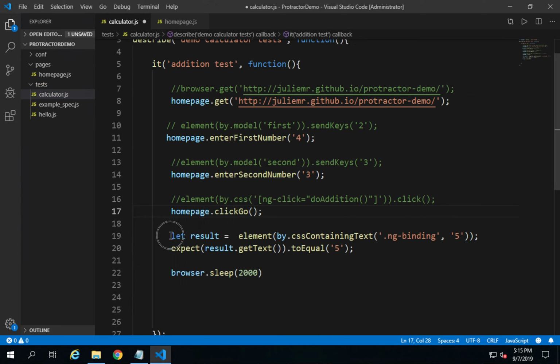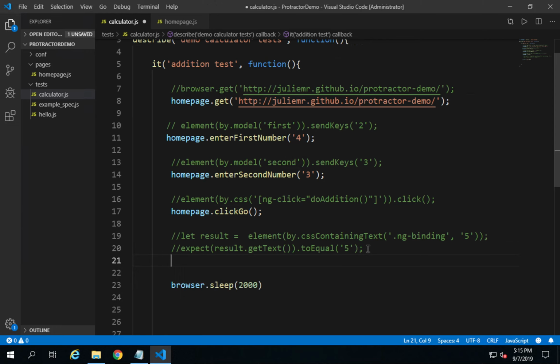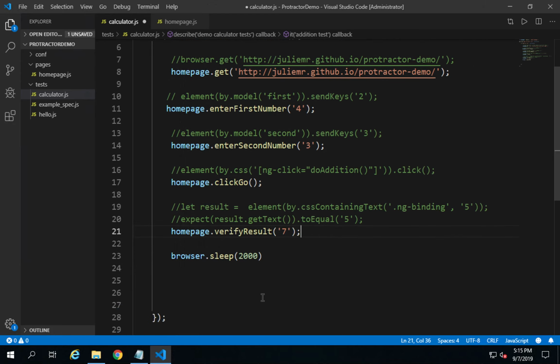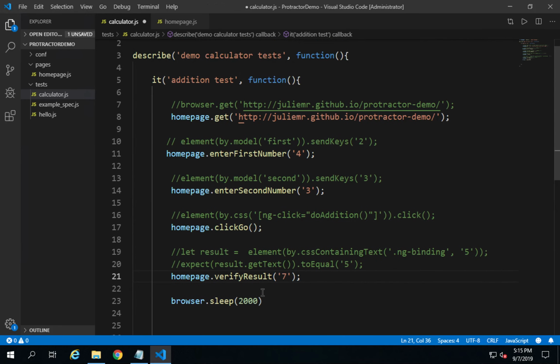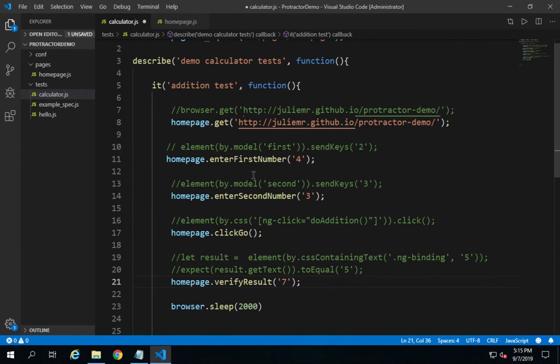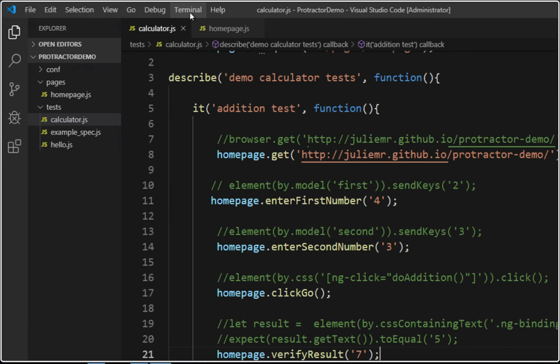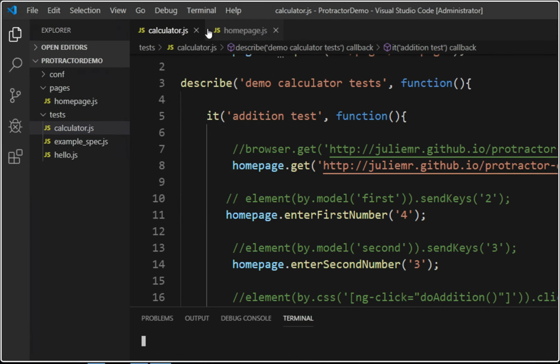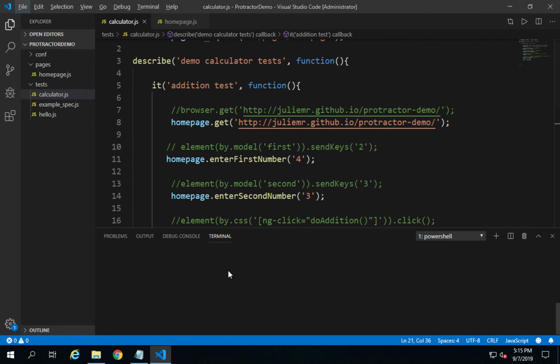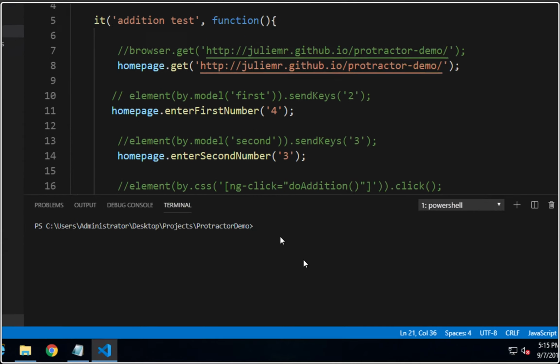And then instead of these two statements which are verifying the result, I will just say here homepage dot verify result, and the result I want to verify is 7, because 4 plus 3 should give me 7. I will put 7 here, and then that's it. So now you can see how clean our code looks like, and I will save this, and I will go to this terminal and open a new terminal. I can also do it from command line, but we have an inbuilt terminal in Visual Studio Code, and here I will say